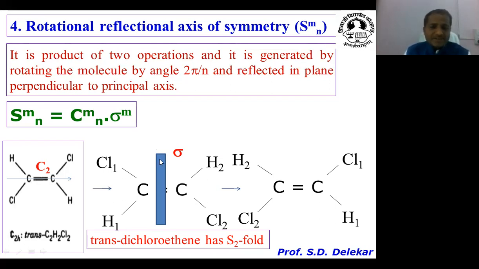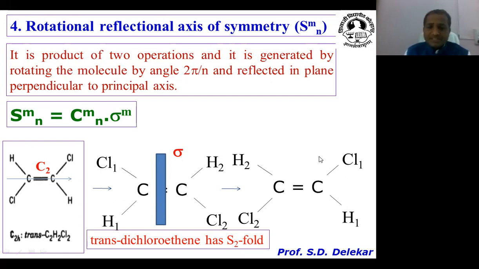reflection. But that is performed through a plane in such a way that the axis and the plane both are perpendicular. This is one important condition: that it is reflected in a plane perpendicular to the principal axis. So if the axis is horizontal, the plane is vertical. If the axis is vertical, the plane should be horizontal. Then if you are reflecting a molecule through this plane, then